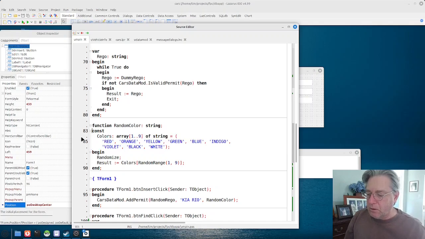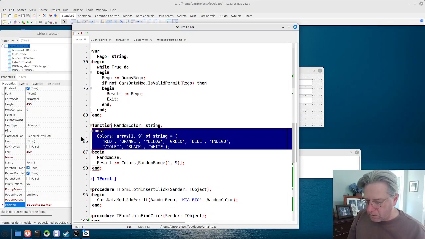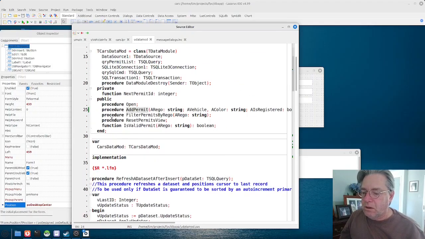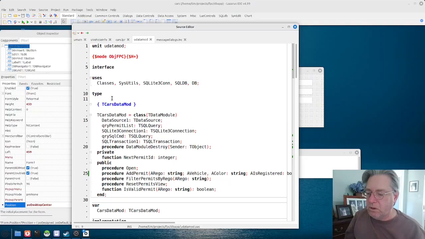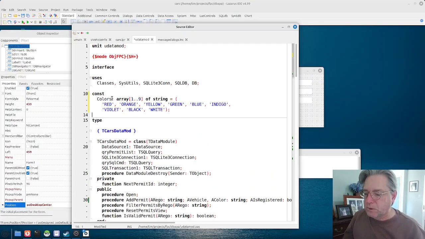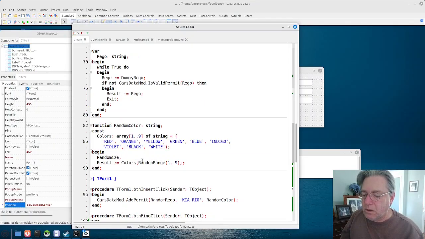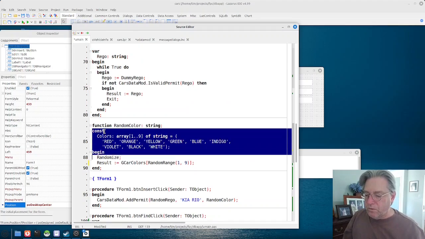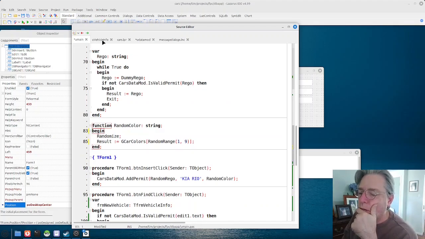Okay, so right this second, I'm just going to copy it across and throw it here, but I'm also going to call it G car colors now. That's array 1 to 9. Okay, and we'll go to here, and now we can make that G car colors and remove that one,